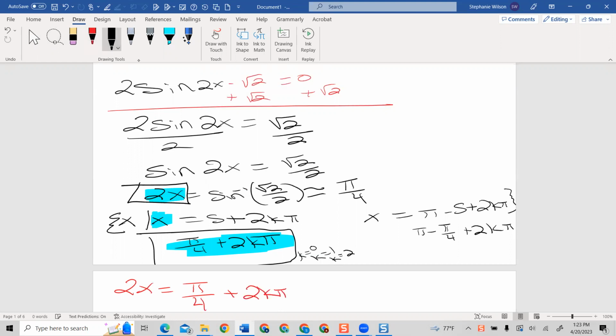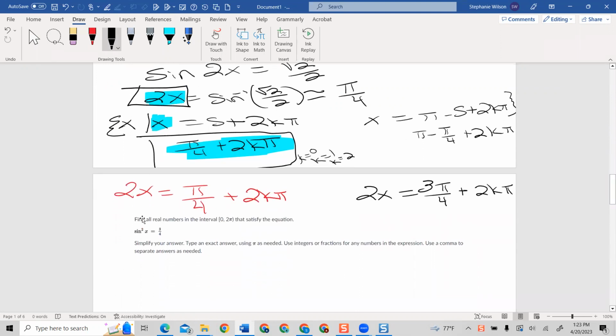All right, now let's go over here. Don't forget, this is going to be 2x is equal to. So I got pi minus pi fourths. So I got 3/4 pi plus 2k pi. Okay, so now in order to finish, I got to,